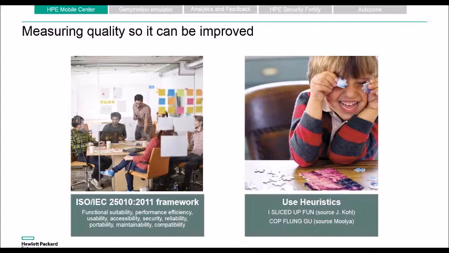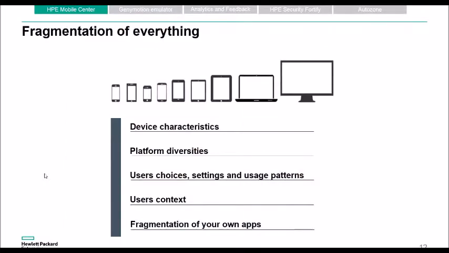And I just want to mention a few works from several thought leaders. One, a very good one, is a very nice article that Jonathan Cole put together a few years ago, which is I/FUN, a heuristic that stands for key quality attributes that we have to measure UX against. Something I would highly recommend you to read. It's only a 4 or 5-page article, a very nice one. Well, all in all, what we're trying to do here in mobile apps is deliver something really amazing, really valuable to the end users.